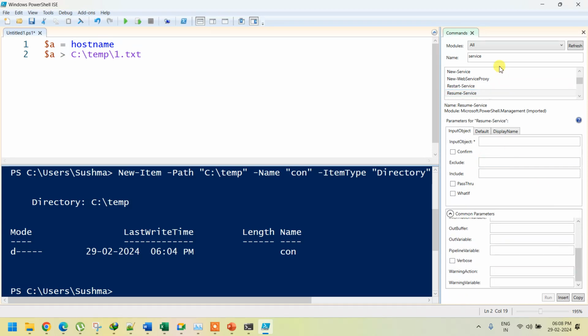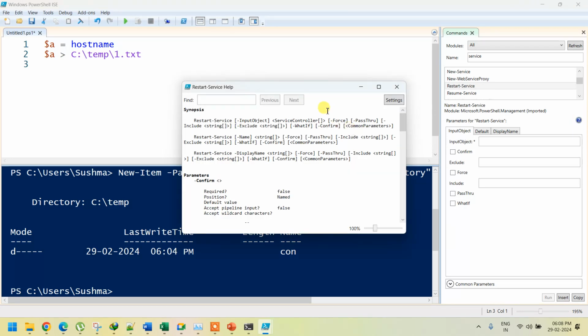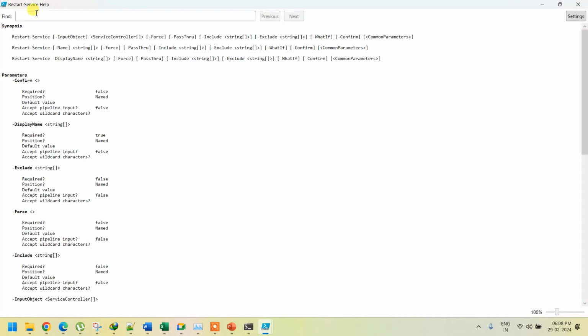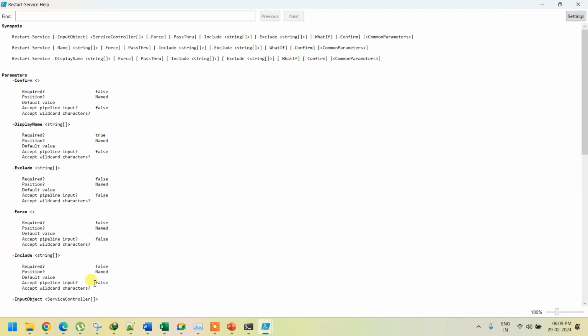If you do not know a command, you cannot just click here and start running whatever your command is. So you will have to have proper help for the command. This is the thing we will use in help: what your command does, and some syntax related to the command. It does not show you any examples, but